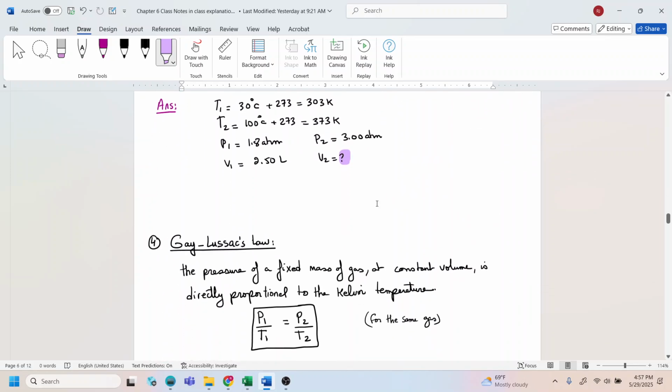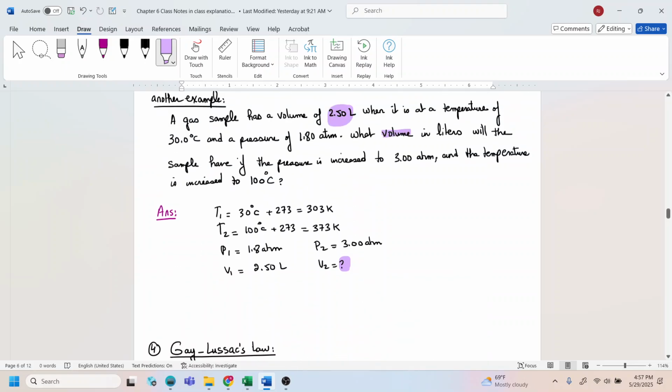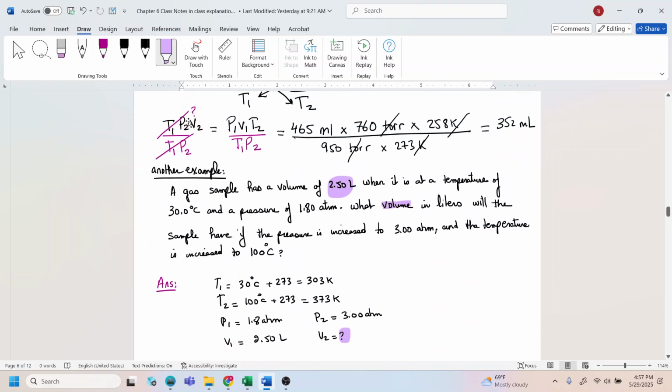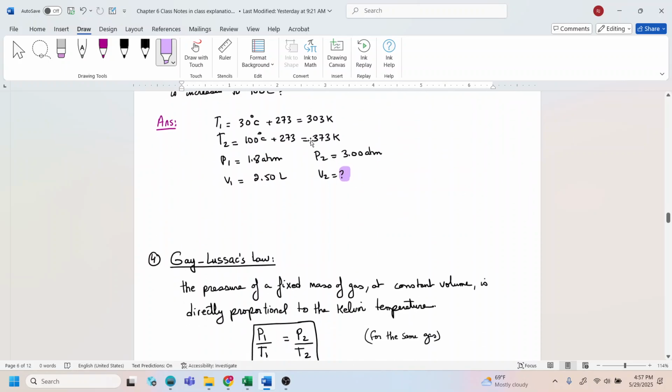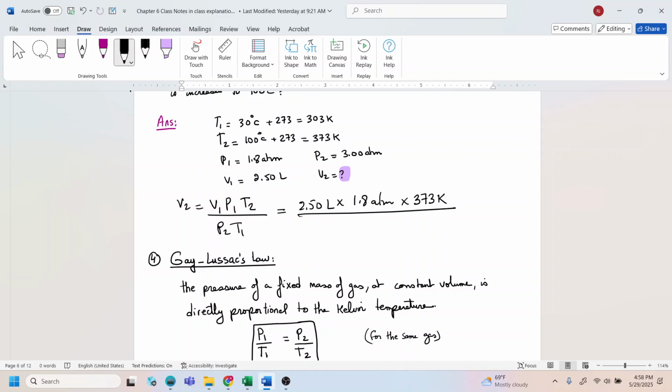We're going to use the same formula as we used earlier. That is going to be for V2, so I'm just going to write it down right away. V2 is equal to V1 P1 T2 divided by P2 T1. You can have this in your cheat sheet if you don't want to derive it, it's not a big deal. Multiplied by 1.8 atmosphere multiplied by 373 Kelvin divided by 303 K times